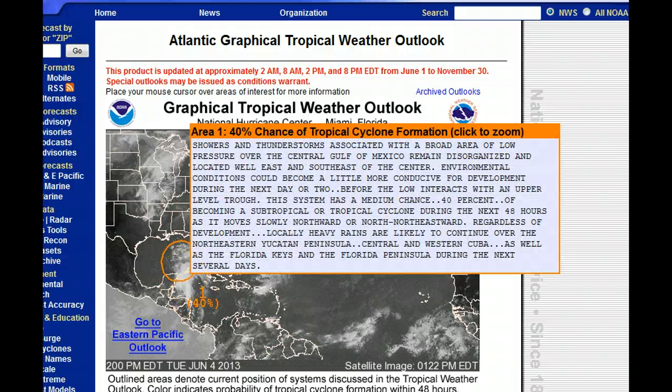Yep, here we go, and you can see it still remains disorganized, and again, all the weather is well to the east and southeast of the center. And again, they're saying it could become a little more conducive for development the next day or two. And like I said, the shear looks like it may just drop just enough to maybe give it that name